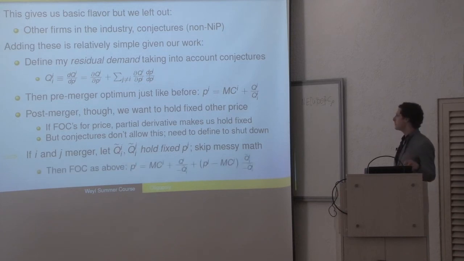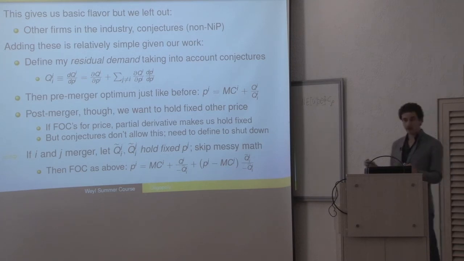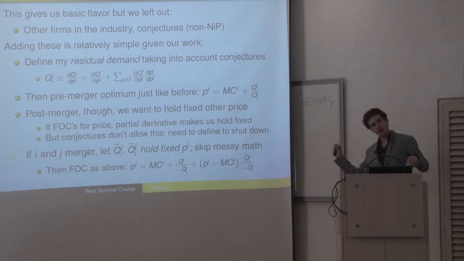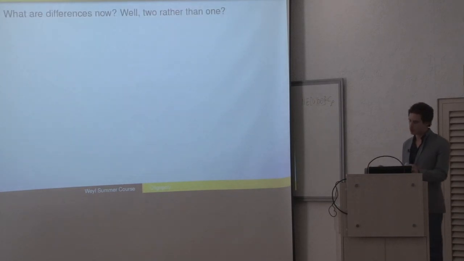Now I'm going to skip messy math associated with that, but basically we get exactly the same thing that we had before, except now the Cournot distortion that I care about holds fixed the price of the other firm rather than taking into account its reactions. And again, I have this UPP term, the markup times the diversion ratio. But again, it's a diversion ratio holding fixed the price of my merger partner, whereas before I was allowing him to react according to this. Okay, so